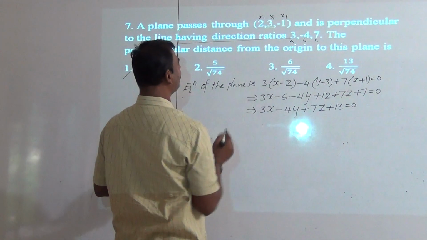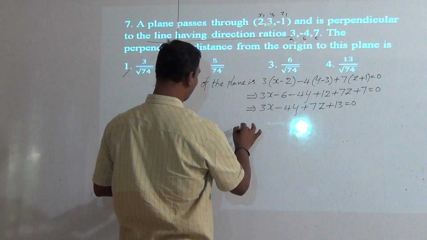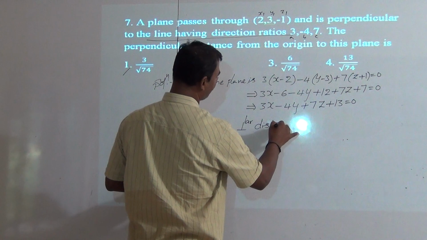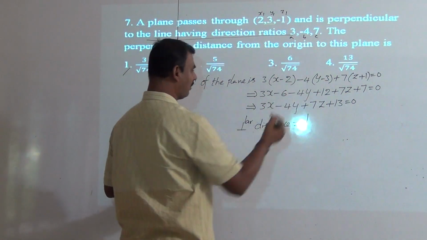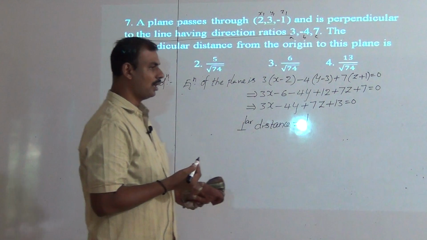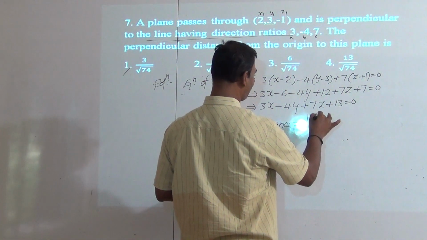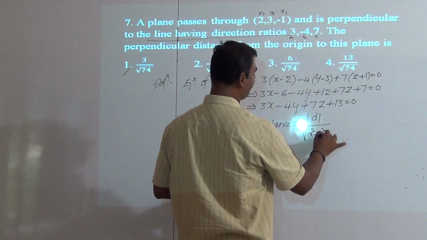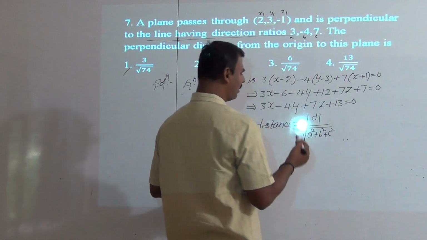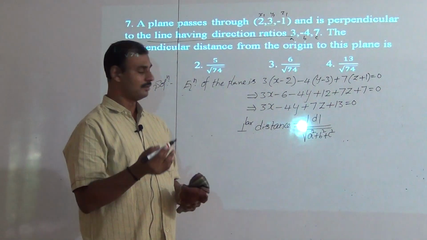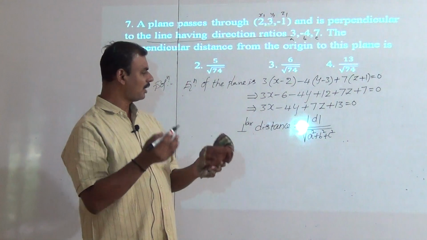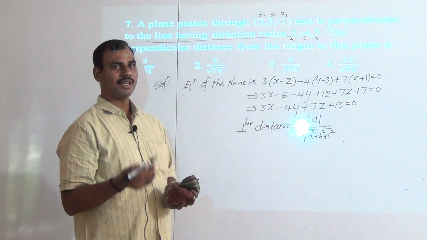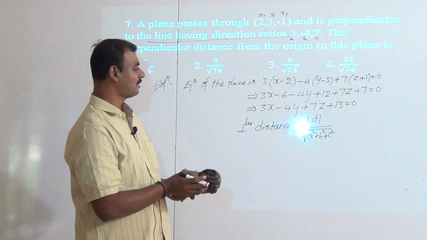Now the second application will be the perpendicular distance from the horizon. I will go through the second application, that is, perpendicular distance. Just now the formula was given: the magnitude of the perpendicular distance from the origin is d upon root over a square plus b square plus c square. You should call it out along with me and memorize it: perpendicular distance is equal to the magnitude of d by square root of a square plus b square plus c square.